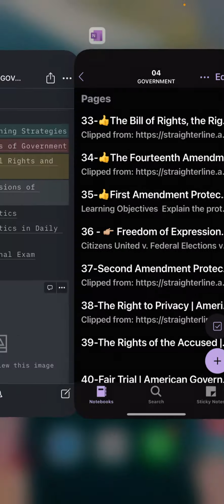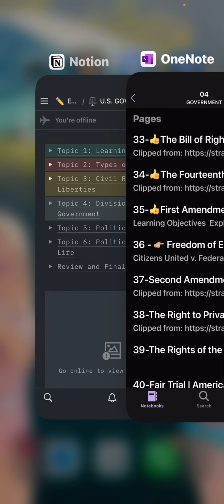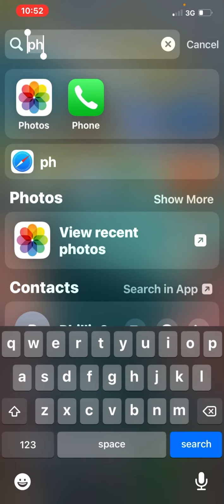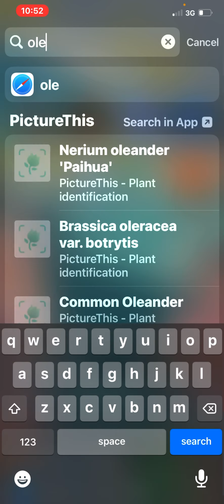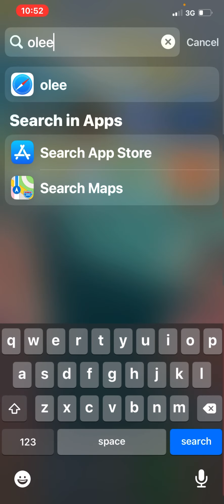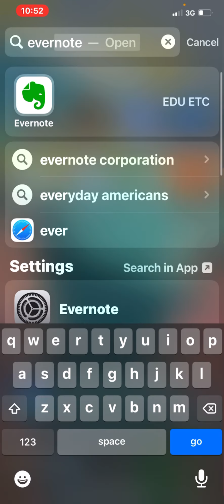So let's go over to, I'm going to open up Evernote. And I have downloaded all the notebooks offline. However, something about Evernote right now, as you and I can tell, is kind of downloading something. I'm not sure, but that's not a really good example of